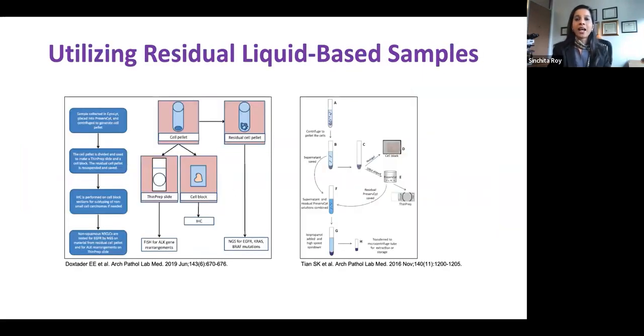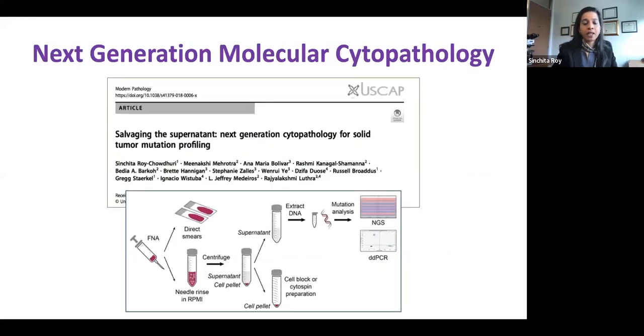And we said we have these residual liquid-based cytologies that have been used for some of this testing. There are a couple of different institutions that have shown that you can take not just the residual fluid, but also spin it down, take the supernatant, add it to the residual fluid, and then use that for molecular testing. And oftentimes, as you know, these supernatants are thrown away. They're not used for anything. But being able to utilize that for some of the downstream assays is absolutely fascinating.